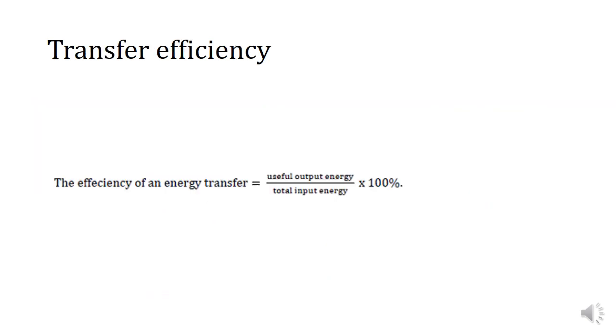So that's when we talk about transfer efficiency. The useful outputted energy: if you're looking at a light globe, the useful outputted energy would be light energy. If you're measuring the energy efficiency of a car, it would be kinetic versus chemical. So we've got your output energy, and this is useful. For example, if you're looking at a stereo or a TV, the TV is a better example, the useful energy would be light and sound